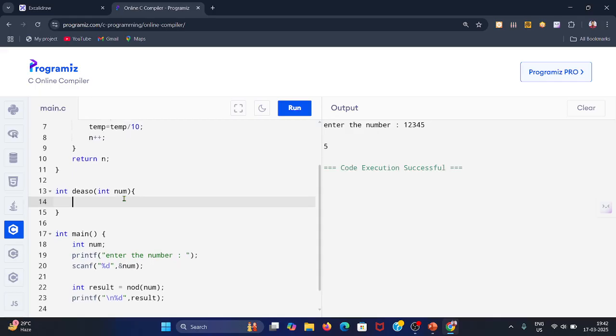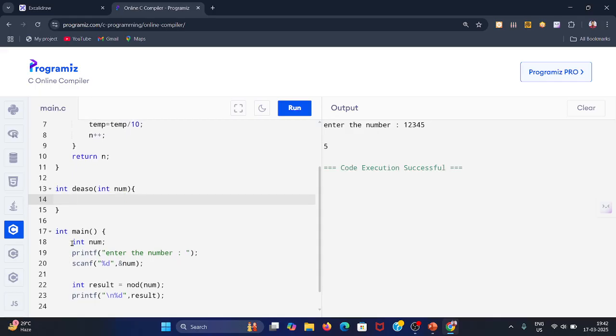Okay, so for now we are going to pass this number. Don't watch here, don't look at this part. Let's say this is the function where we need the number of digits. Okay, so let's make a variable. Let's say